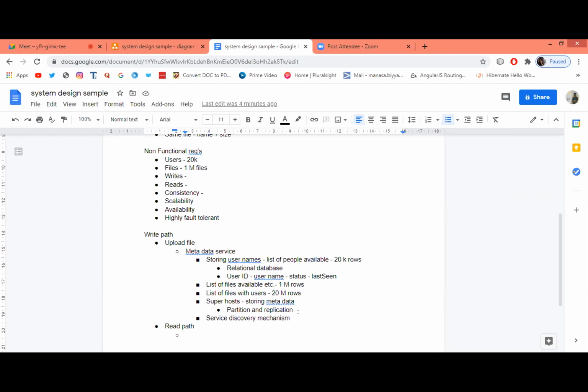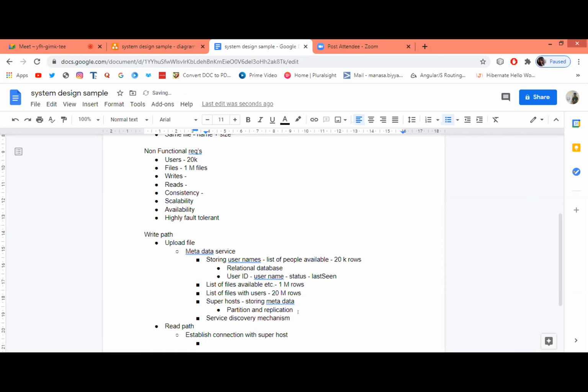Okay. So now, to read the file, let's write down the steps one by one. The user wants to download a file, so he'll establish a connection with the superhost, assuming the superhost is acting like a coordinator service, which in turn talks